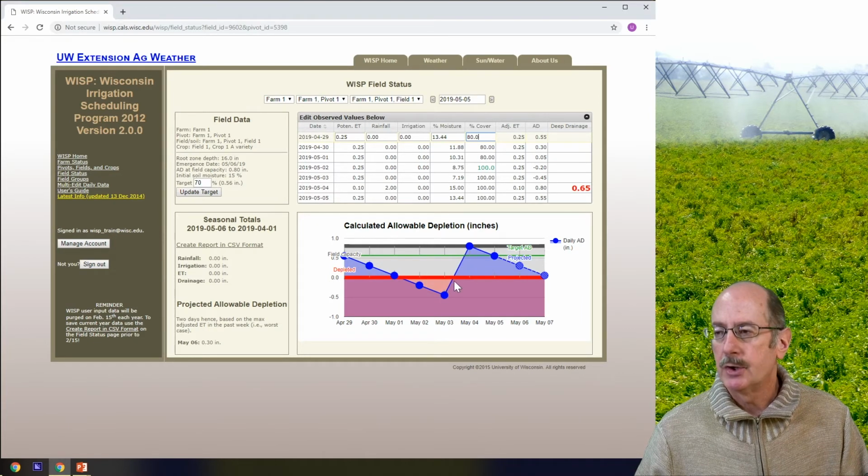So we are actually down below where the allowable depletion is, and the plant is starting to experience water stress. Now you can go a little bit below this line and then irrigate back up and not have a problem. But if you get too far below this line, number one, you may not be able to catch up again with your irrigation system, and number two, your plant may be stressed too excessively.